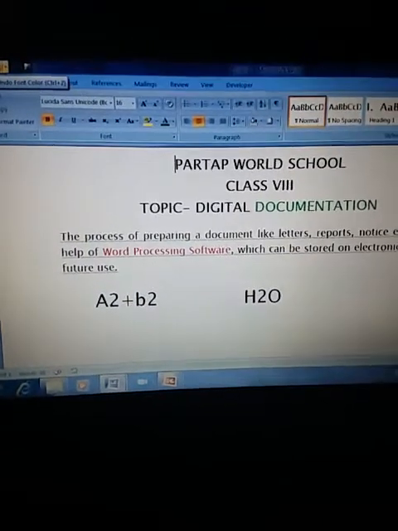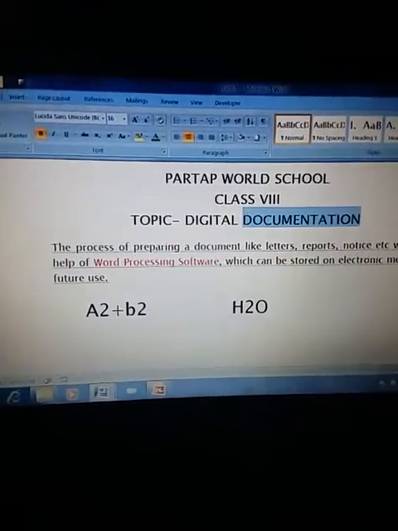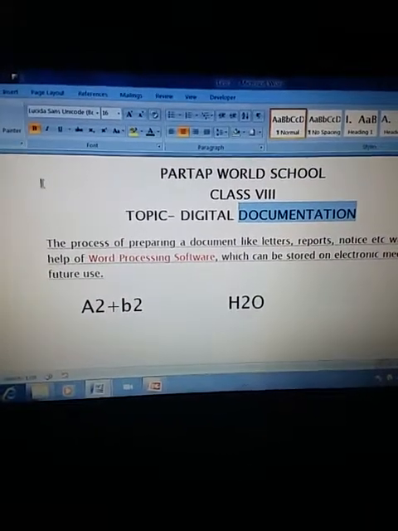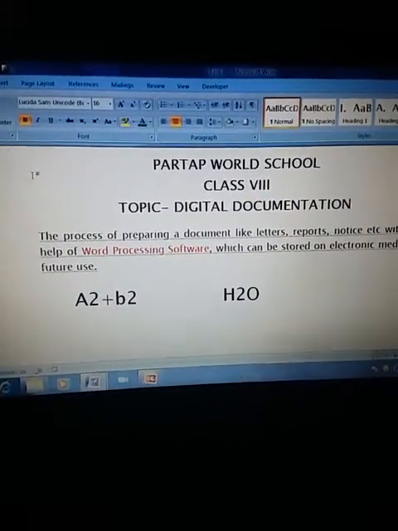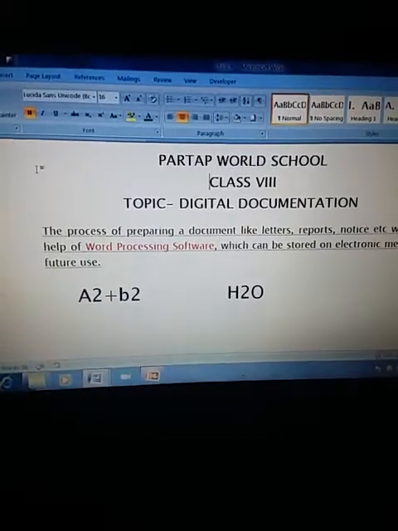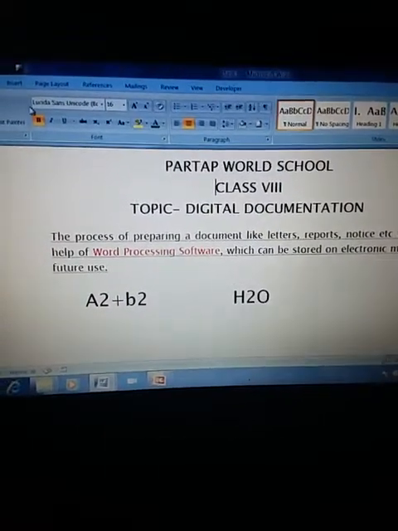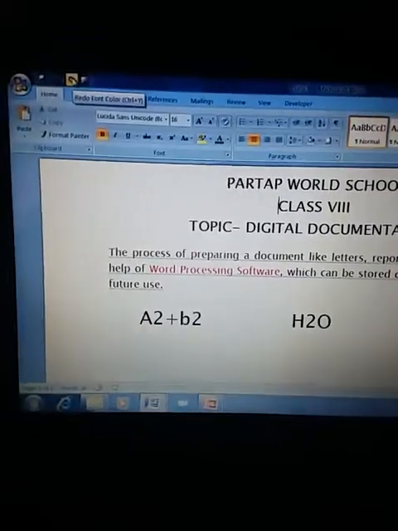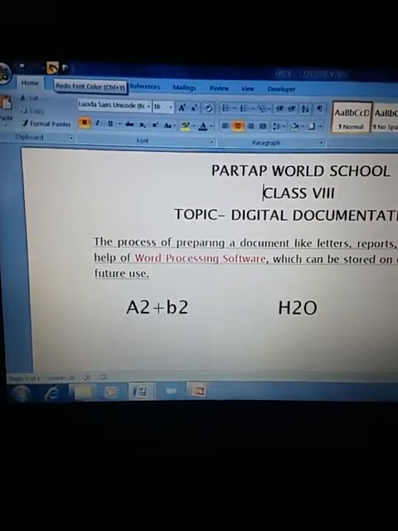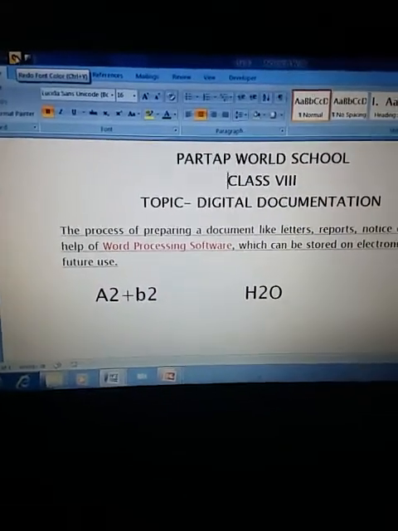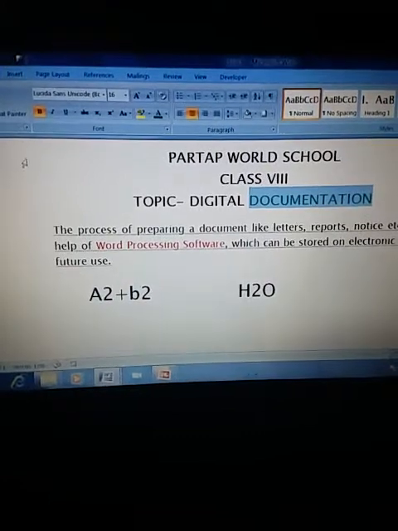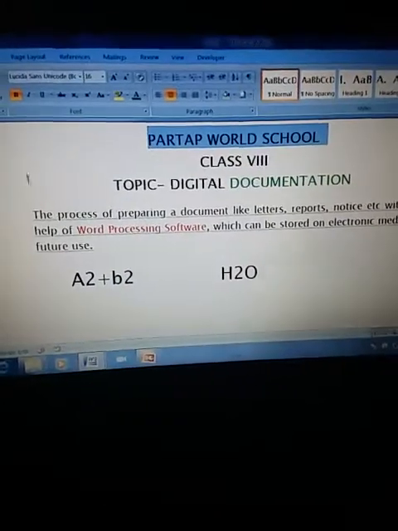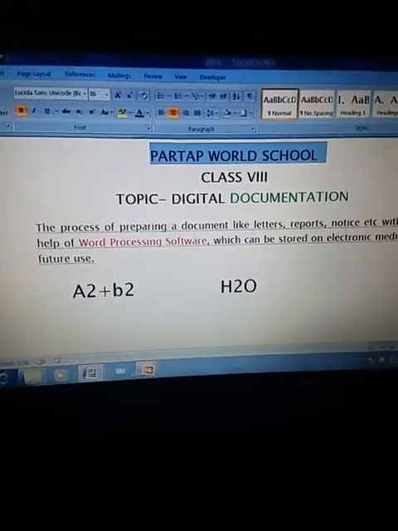When I click here, you just observe that it has been converted again to black color. And if you want to revert the action done by undo, then you will press the redo button that is present next to it, or you can press Ctrl plus Y. Then you can see the change will again appear in green color. So this is called undo and redo.